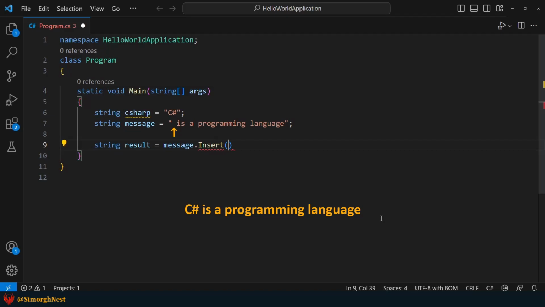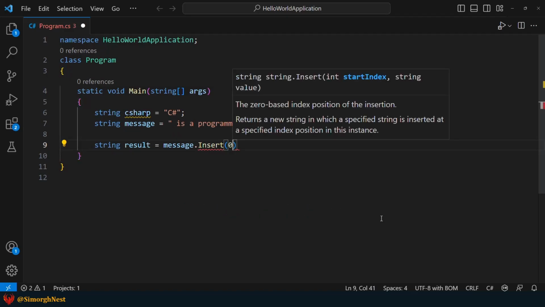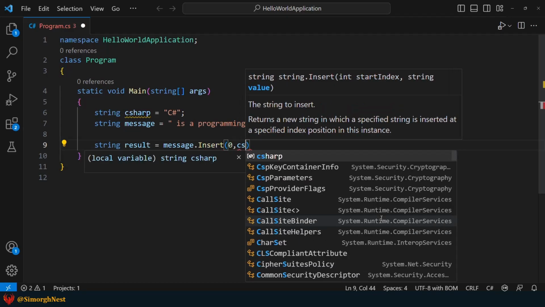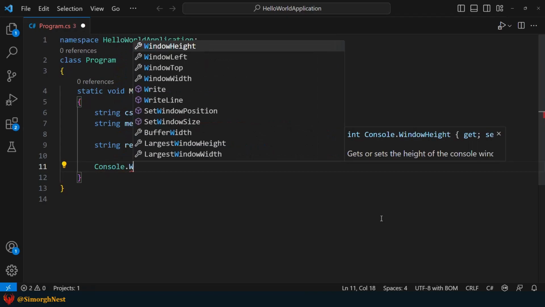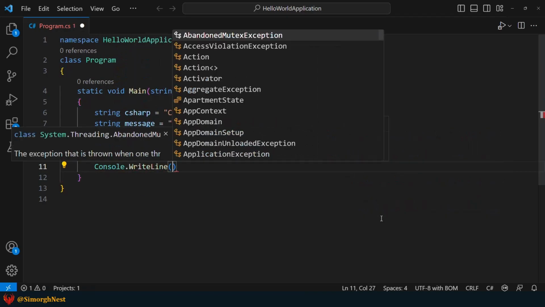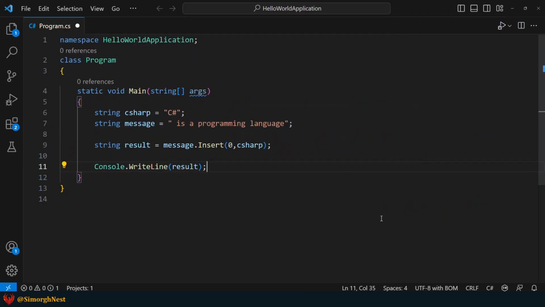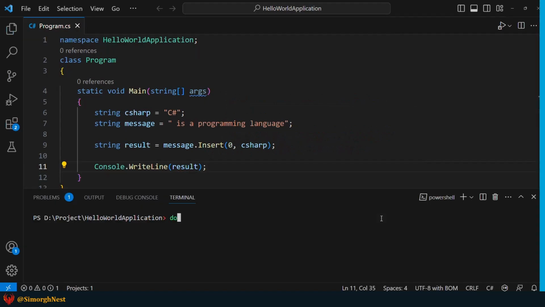In order to do so, we must pass 0 as the start index and C# as the string value we wanna insert. Now, let's display the result in the terminal and then run the application. Okay, we get the expected string value.